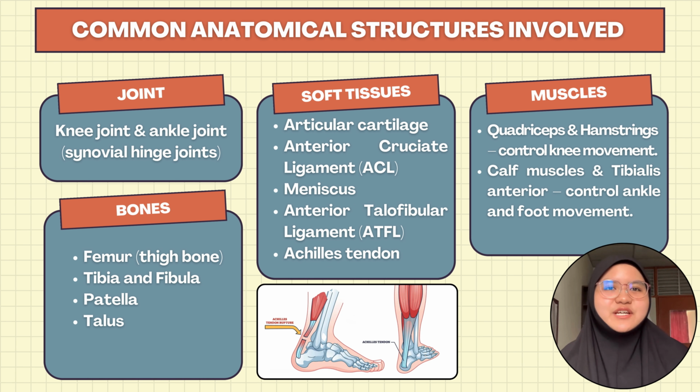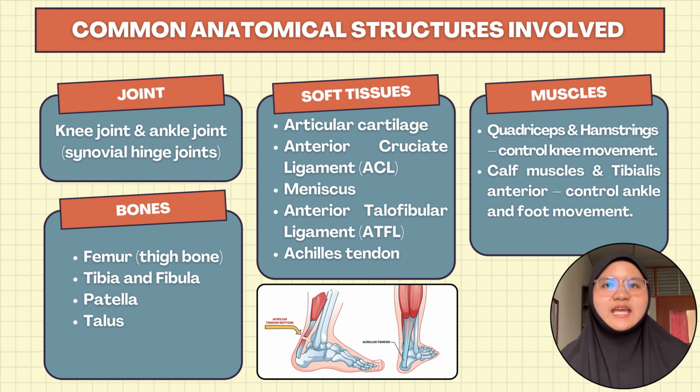Next, let's summarize the common anatomical structures involved in the usage of leg braces. First, the joints. The knee joint and ankle joint are both synovial hinge joints, allowing flexion and extension. These joints are frequent sites of bracing due to their weight-bearing roles and susceptibility to injury or degeneration. In terms of soft tissues, the most affected tissues include the articular cartilage, which provides a smooth, frictionless surface inside the joint, the ACL, which stabilizes the knee during movement, the meniscus, a crescent-shaped cartilage that acts as a shock